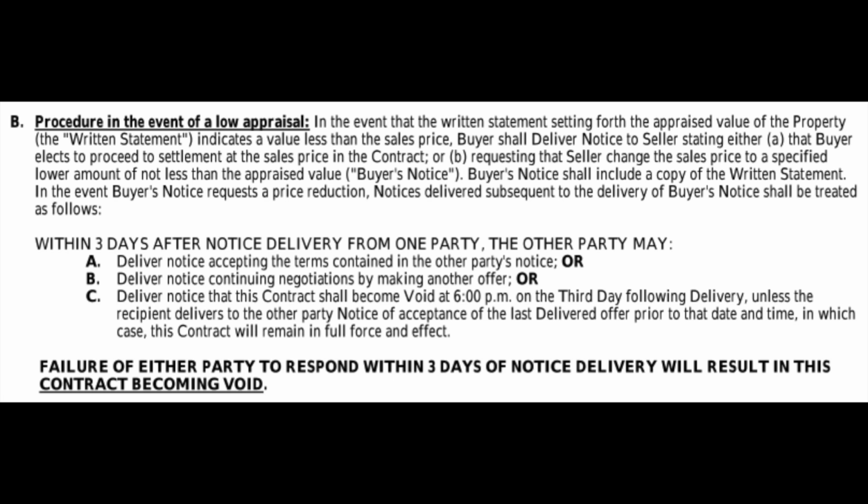That means that your mortgage payment is going to go up because you're putting less down. So depending on how you would originally configure your loan, this may or may not be an option for you. If you have a conventional loan and your contract falls apart because of a low appraisal, you're not going to be in default. And if you have an FHA loan, you already have a built-in appraisal contingency as part of